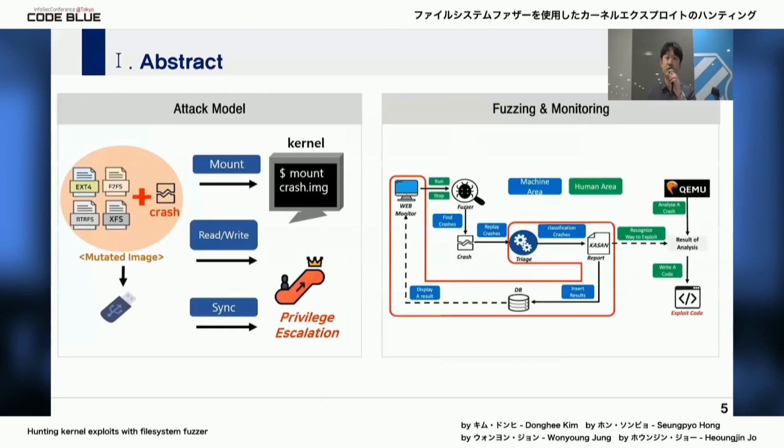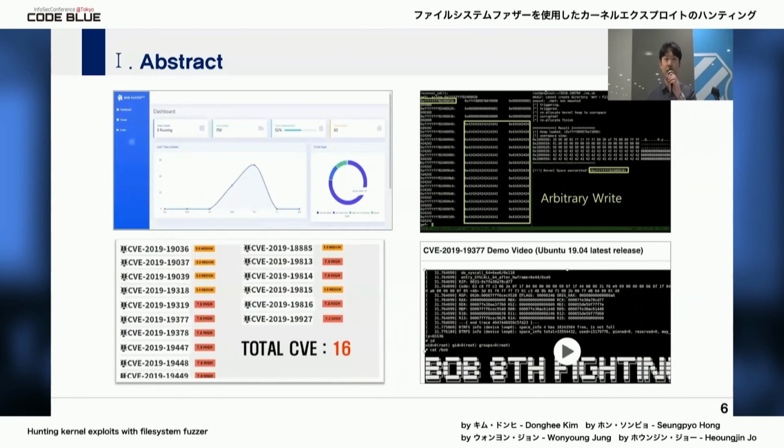At this point, you might think, isn't it already root privileges to mount the image? However, if you plug a USB into a PC, it auto-mounts without any need for root privilege. At this time, if a crafted image is mounted, a kernel panic can occur. In this way, there was an attack model through USB. And also, we used Janus. We developed a web monitor, analyzed a 1-day and successfully leaked memory. At last, we exploited the kernel through a 0-day.